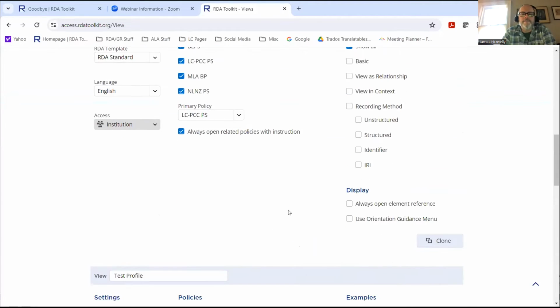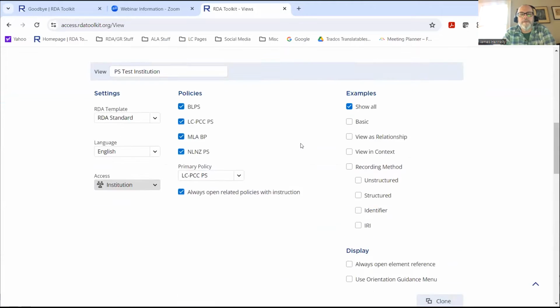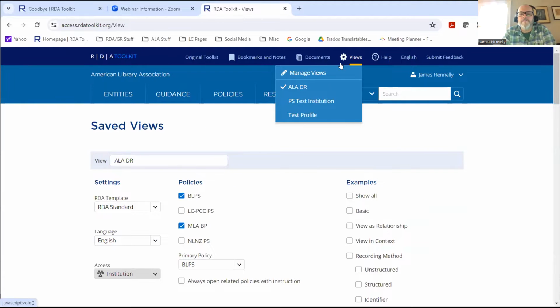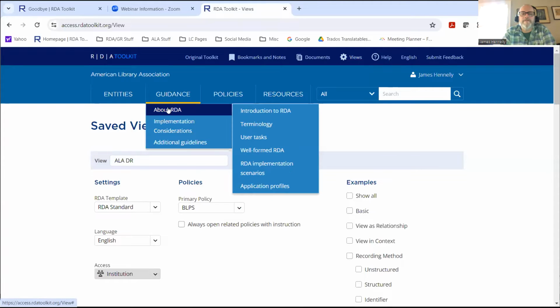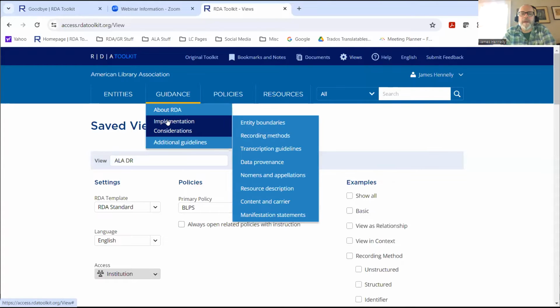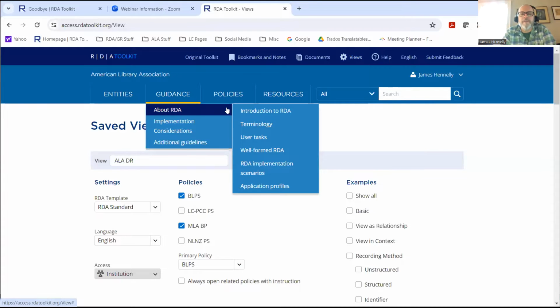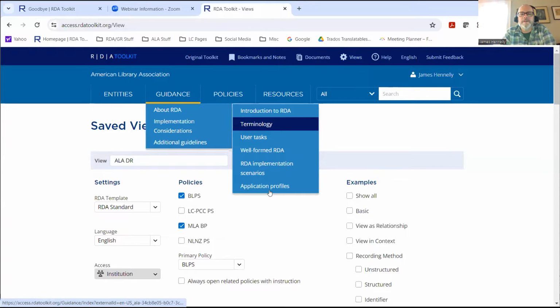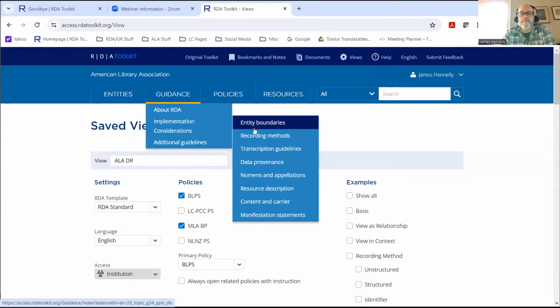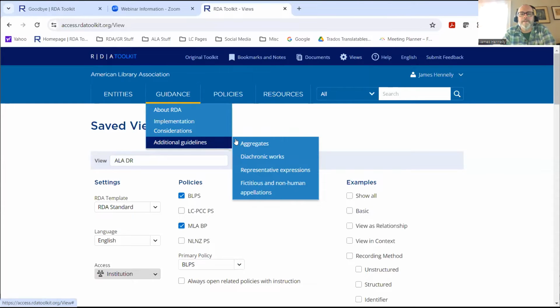So, you'll notice this view that I saved is called test profile. If I go up here and switch to test profile, you'll see my guidance menu has now changed to this more thematic arrangement. You still have to do some mousing over to get to the different topics, but we welcome your input on this, and we hope that you find this useful, at least in some instances, a useful way to